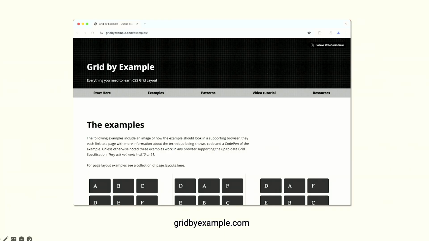So when I was asked to speak at the event this year, I obviously wanted to do something about layout. So I'm going to start by having a look at how my very favorite way of laying out little boxes is getting on in 2024. So while it's CSS Day's 10th birthday, I was looking up some old stuff, and I realized that Grid by Example is also celebrating its 10th birthday this year. I put this together.